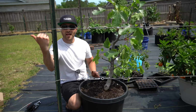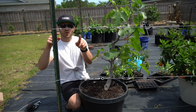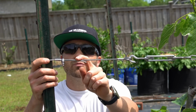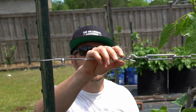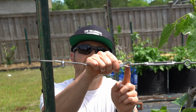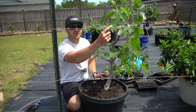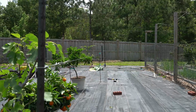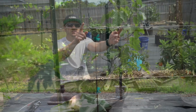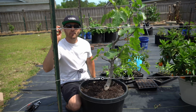So that's why I made sure to orient the T-posts with these individual little shelves on them, or whatever you call them, sticking outward. So what I started with was a little small section of aircraft cable that I looped around and tightened just so I would have something to grab onto with a turnbuckle. So I put a little hoop inside of the stainless steel aircraft cable in order for me to place this turnbuckle in. Then I cut to length the second wire that I ran all the way down to the other T-post, and I made sure it was hand tightened with the turnbuckle fully extended,